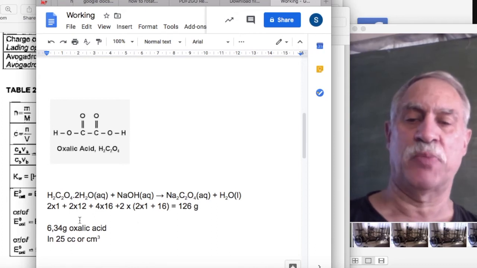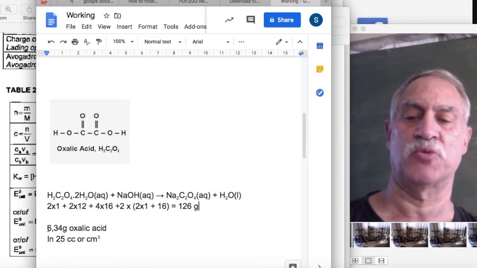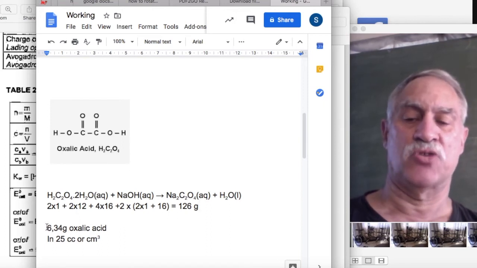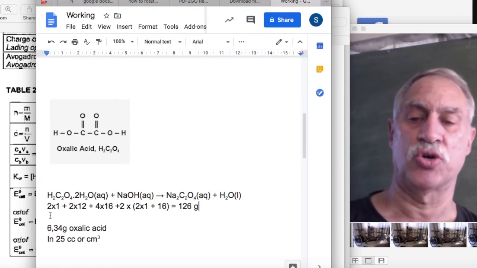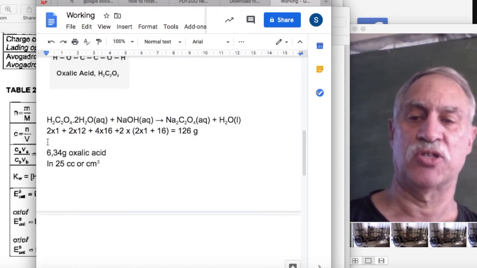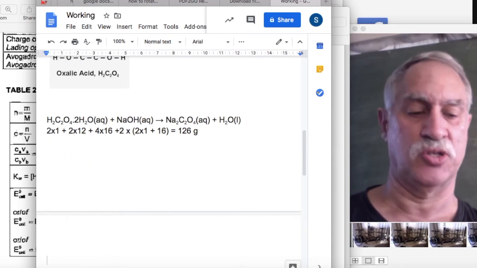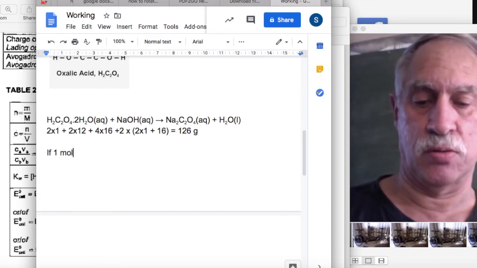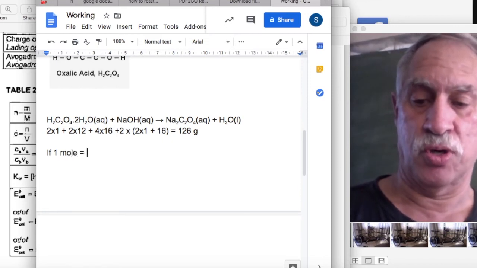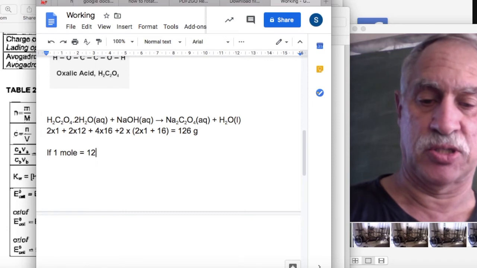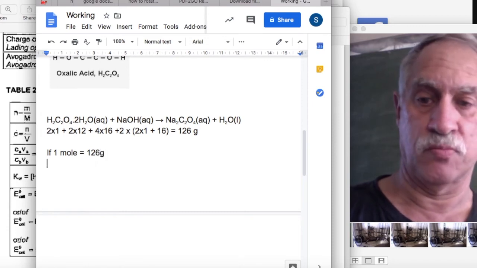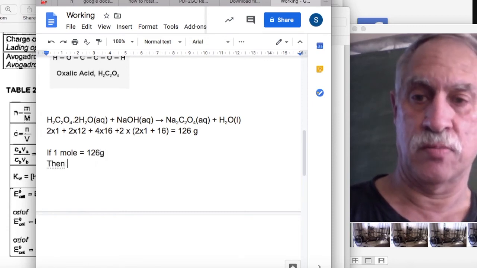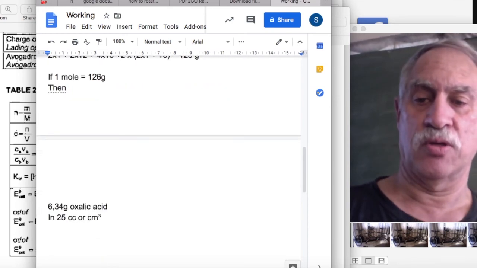But now let's suppose if 1 mole is 126, how much is 6.34 grams? Because when I did my titration, I just took 6.34 grams. So what I could possibly do is I could just use pure logic. I could say this: if 1 mole equals 126 grams, then